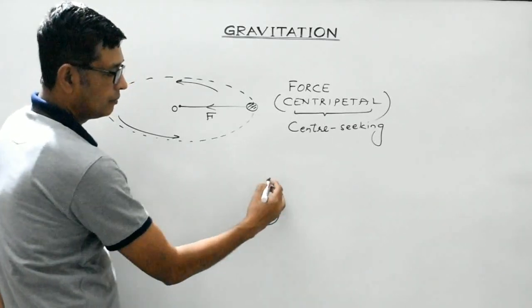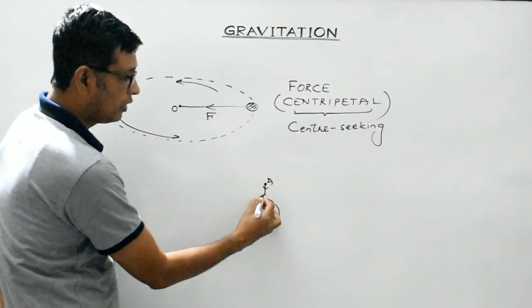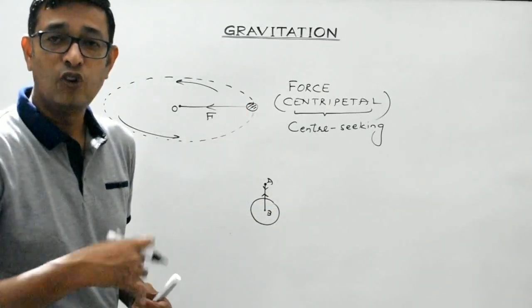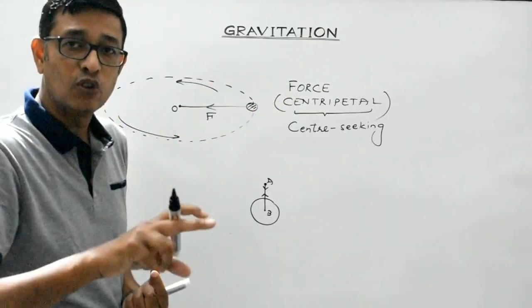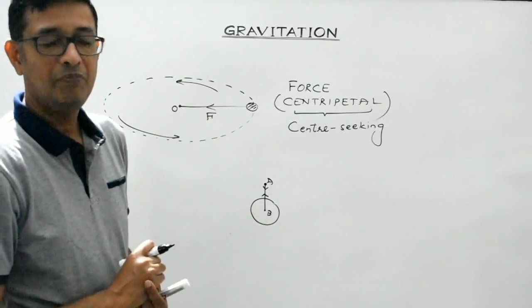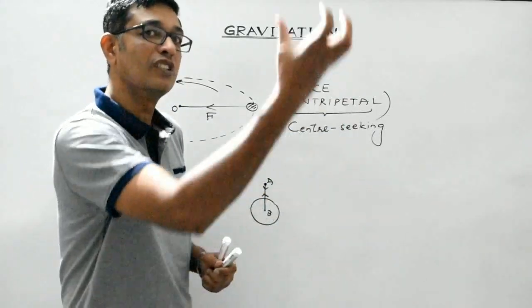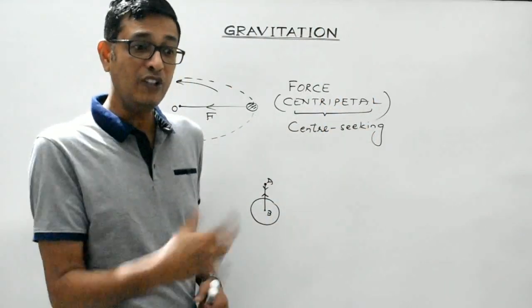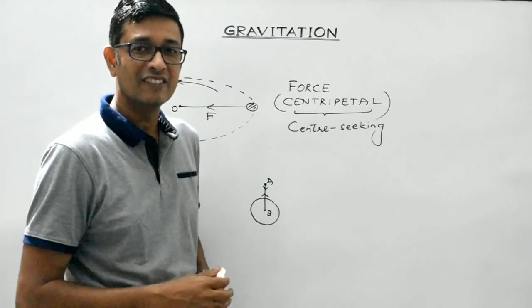Body A and body B. This body A gets attracted towards the center of the Earth. Body B will also get attracted towards body A. That is, the force with which Earth attracts the apple towards itself, the same force will be exerted by the apple on the Earth towards itself. But students, can you tell me, why don't you see the Earth moving towards the apple? We only observe the apple falling down towards the Earth. Why not the Earth moving towards the apple? Can you state the reason?